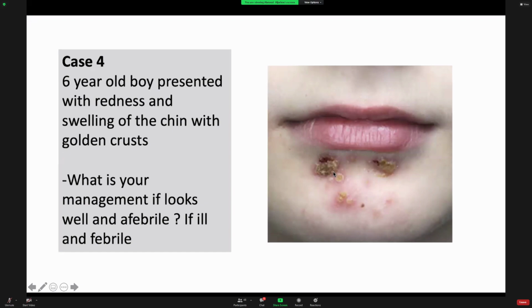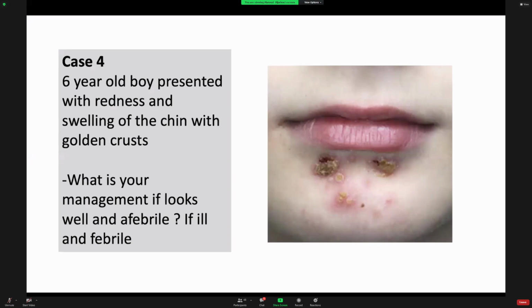Okay, good. So what's your management if your patient is looking well and afebrile? We give topical or systemic antibiotic? Topical, if your patient is looking well. Topical. Okay, and if the patient's ill and febrile, we will give systemic. Okay, so impetigo usually presents with either